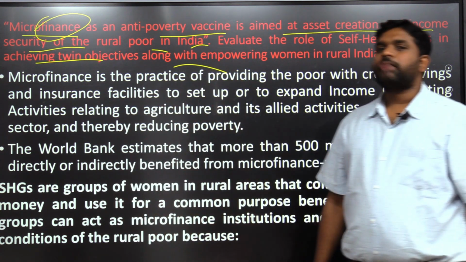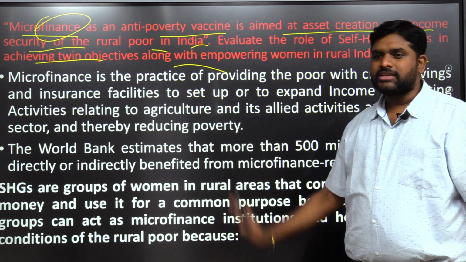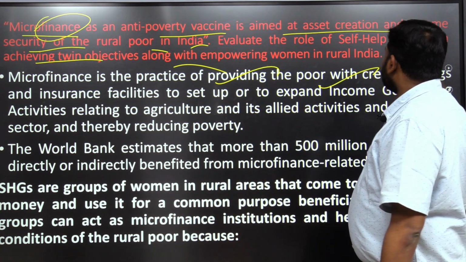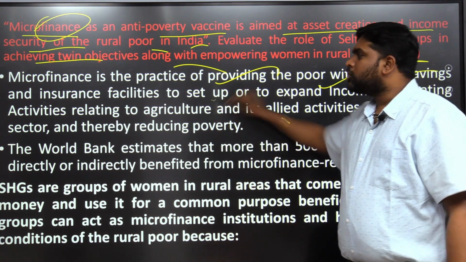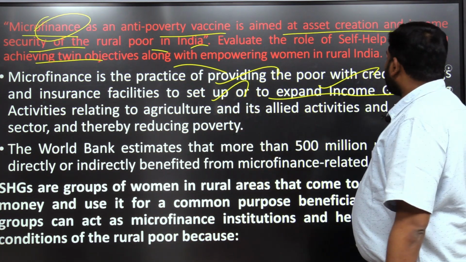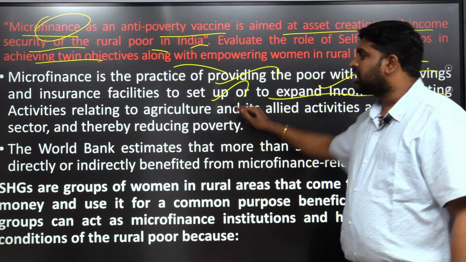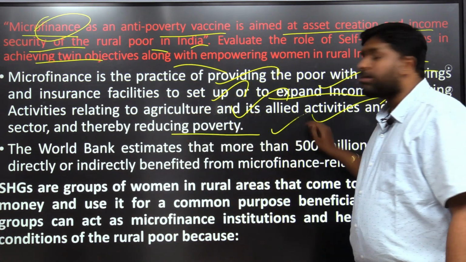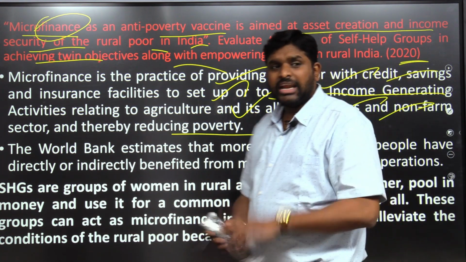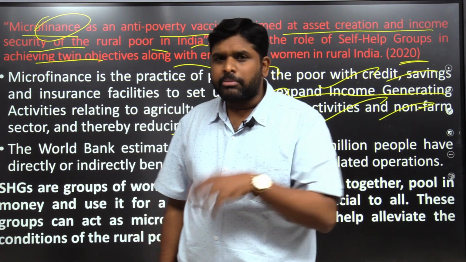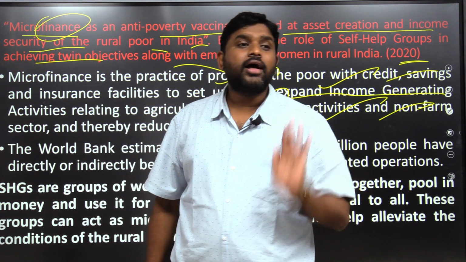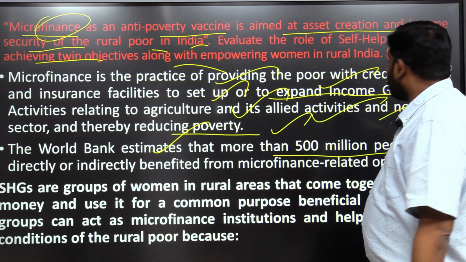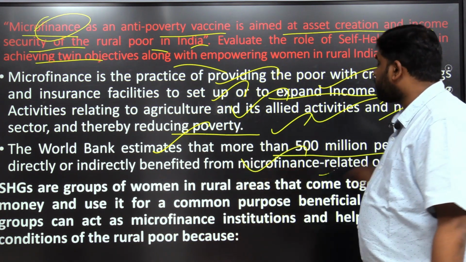I will write about what is microfinance. I will start my answer with microfinance. It is a practice of providing the poor with credit, savings and insurance facilities to set up or to expand income generation activities relating to agriculture and its allied activities and the non-farm sector, thereby reducing poverty. Mainly I took the example of an urgent requirement. Mainly it will be useful for input for agriculture. The World Bank estimates that more than 500 million people have directly or indirectly benefited from microfinance related